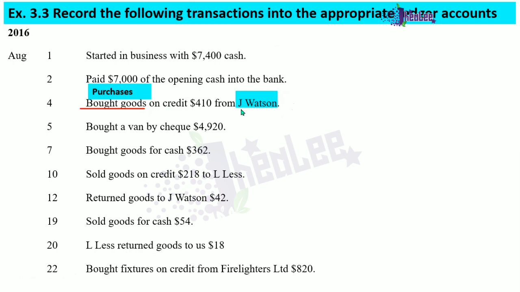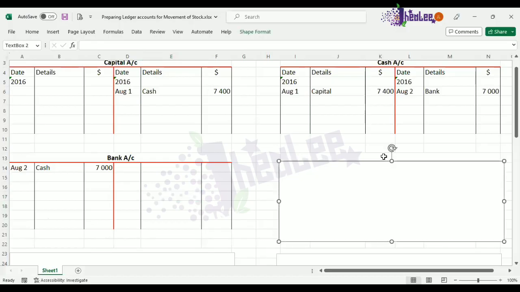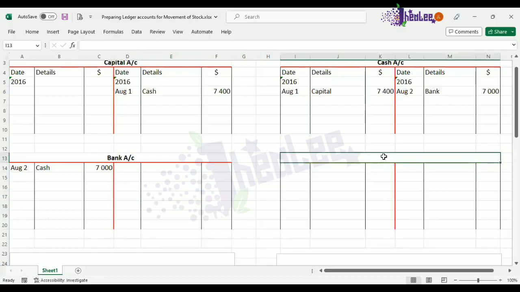So we're going to record those into the ledger, and we need to open an account for purchases. By writing the title at the top of the page, and that is purchases account. This account should be debited. So on the left-hand side, we're going to enter our date, which is August 4th. Our details is J. Watson because that's the other item affected. And the amount is